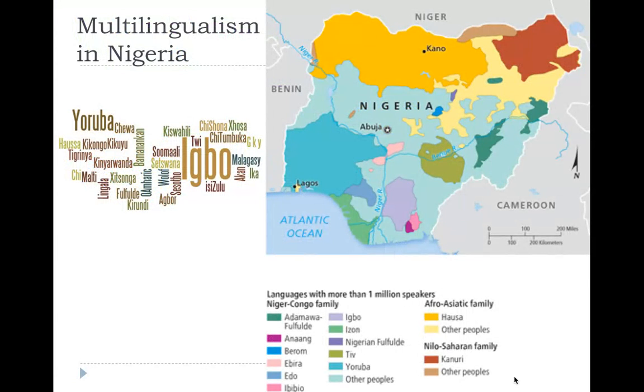All right, but that is where we see the majority of French speakers in Canada. Then we look at multilingualism in Nigeria. Same thing. Again, you can see all the different languages being spoken there, and you can see more than 1 million speakers of each of these languages listed here in the colors. So lots of people there. Nigeria is a very quickly developing country. Their population is increasing quite a bit, and so you can see the number of people speaking different languages there increasing too.